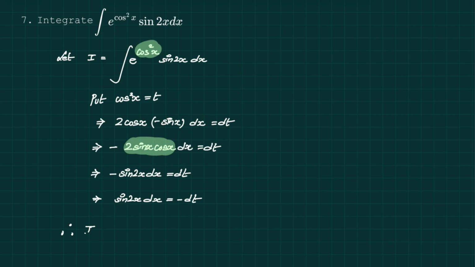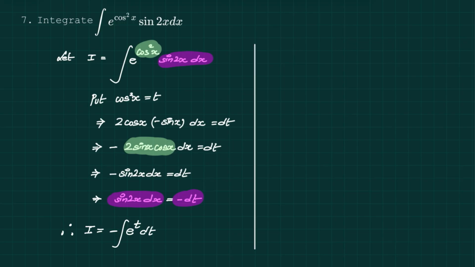Therefore, I equals to integration of e to the power t, and here from this equation sin 2x into dx is minus dt, which we will substitute here. So instead of sin 2x dx, we will write minus dt, and since that minus is constant, I will write minus in front of the integral. This implies I equals to minus integration of e to the power t dt, which is e to the power t only with constant, equals to minus e to the power, putting back the value of t, that is cos square x